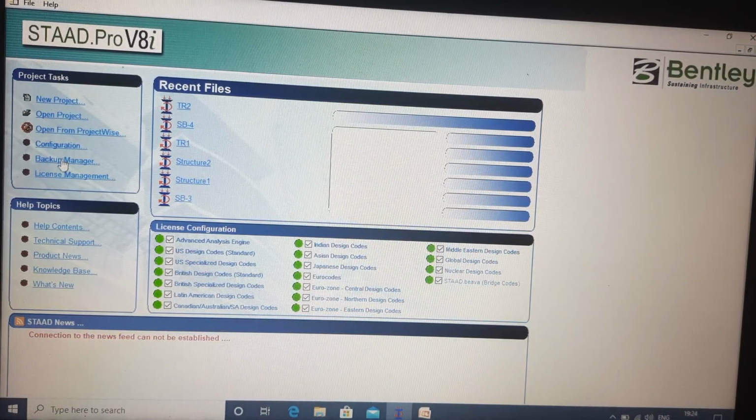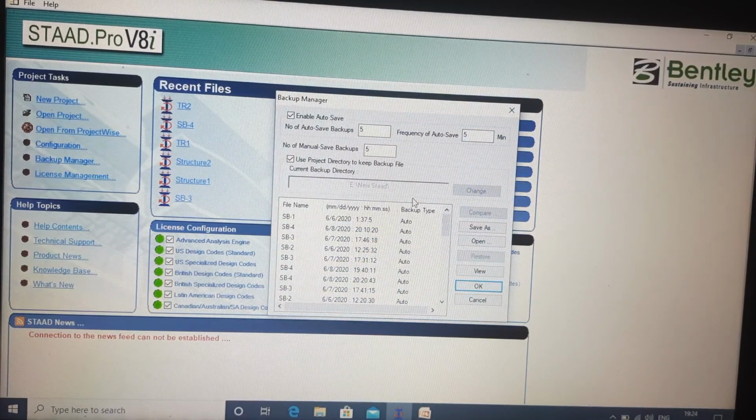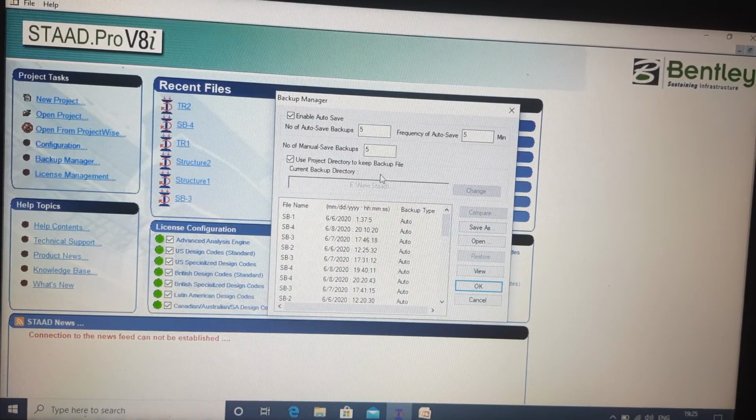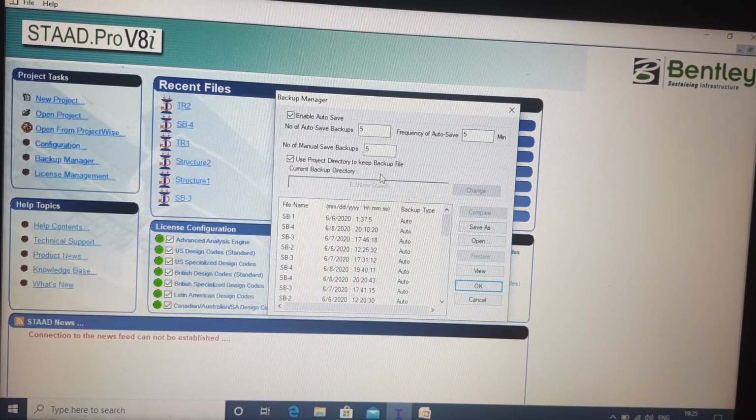Our next button is backup manager. I have explained backup manager earlier also. When you model a structure in STAAD, frequently you will get an option to autosave your structure. This is the backup manager option where you can change the frequency, that is, after how much time the autosave option will appear, after each 5 minutes or each 1 minute.